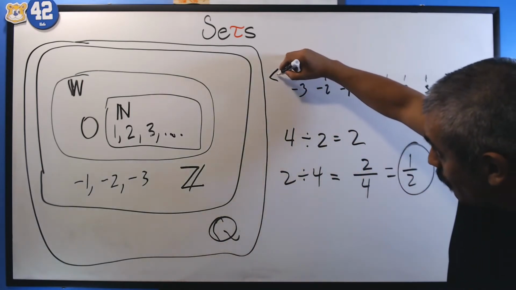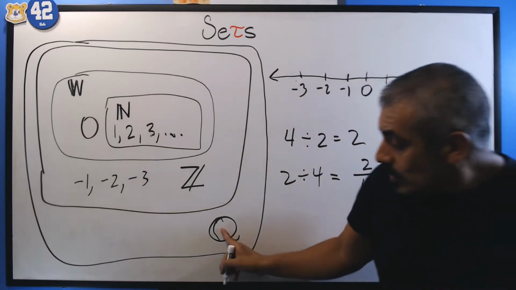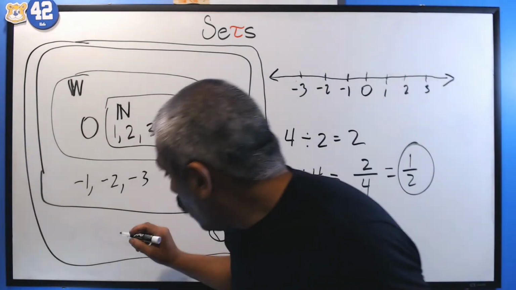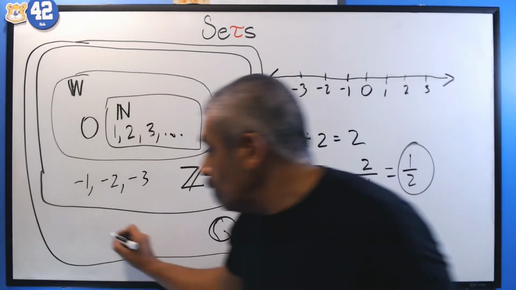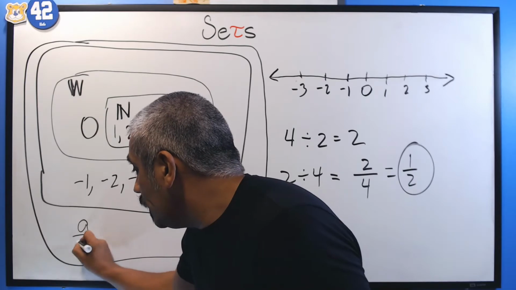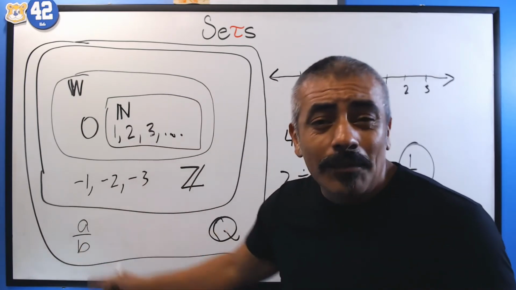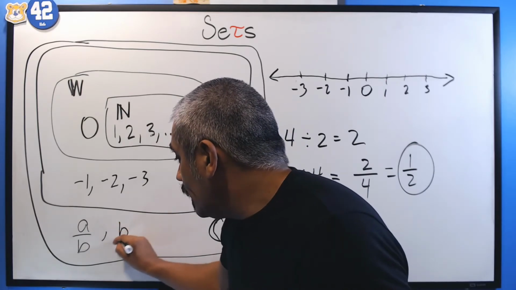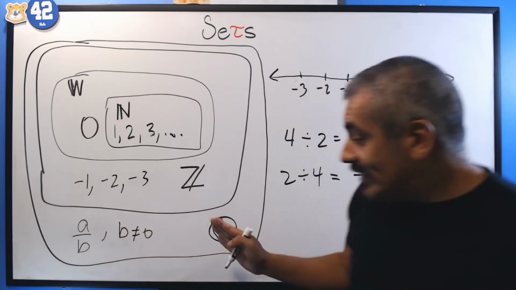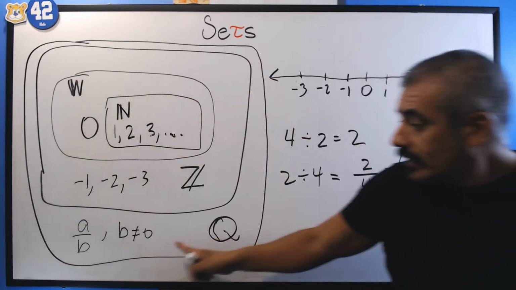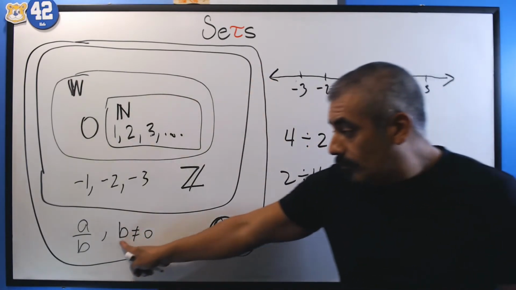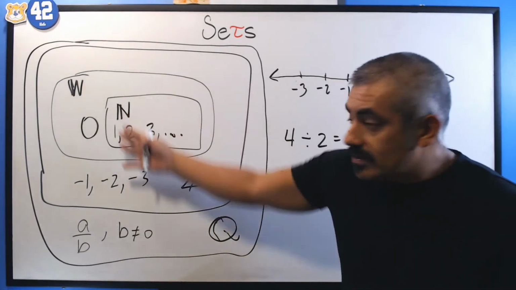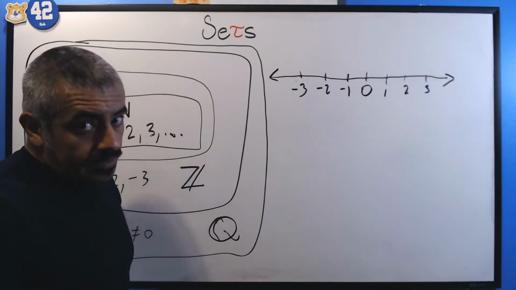But we're still missing a few numbers. These rational numbers are going to be all the fractions, all the numbers that can be written in the form a over b. So that just means any number that can be written as a fraction, such that b cannot be 0. So the definition of the rational set says that b cannot be 0, and so these two numbers could be anything from these other sets. Of course, we're not completely done yet.